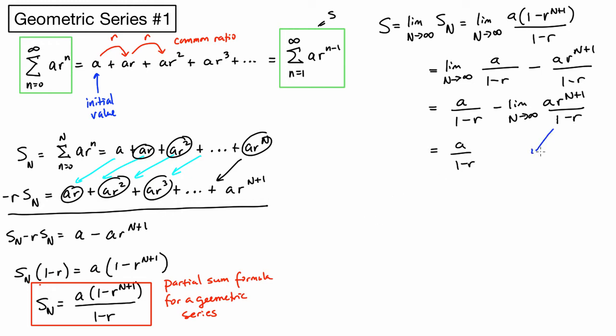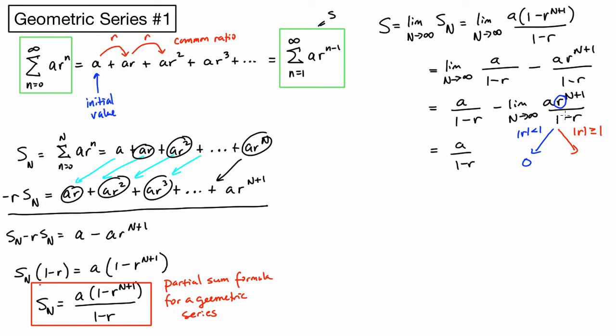Well, there are two possible avenues here. If r is less than 1, so if the absolute value of r is less than 1, the result of this limit is, as n grows larger, this power grows smaller, so the limit of that term is 0. If, on the other hand, the absolute value of r is greater than or equal to 1, then this term will stay large,